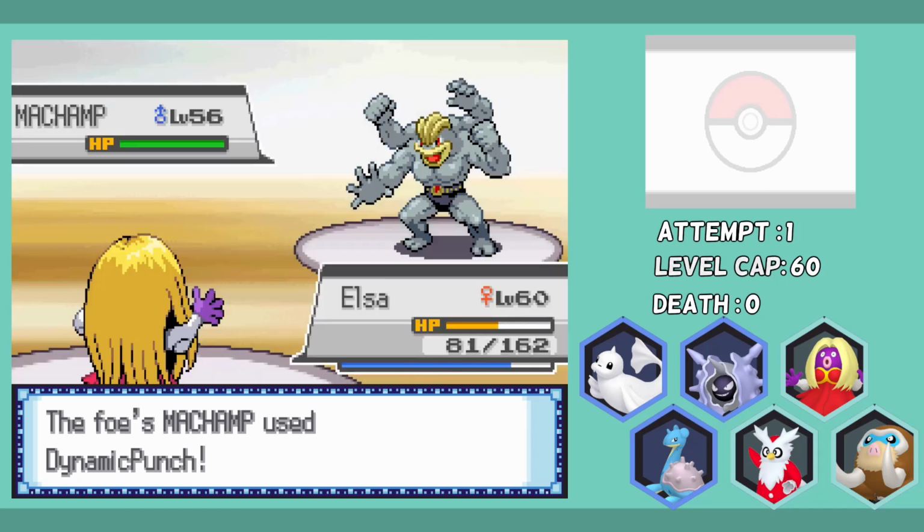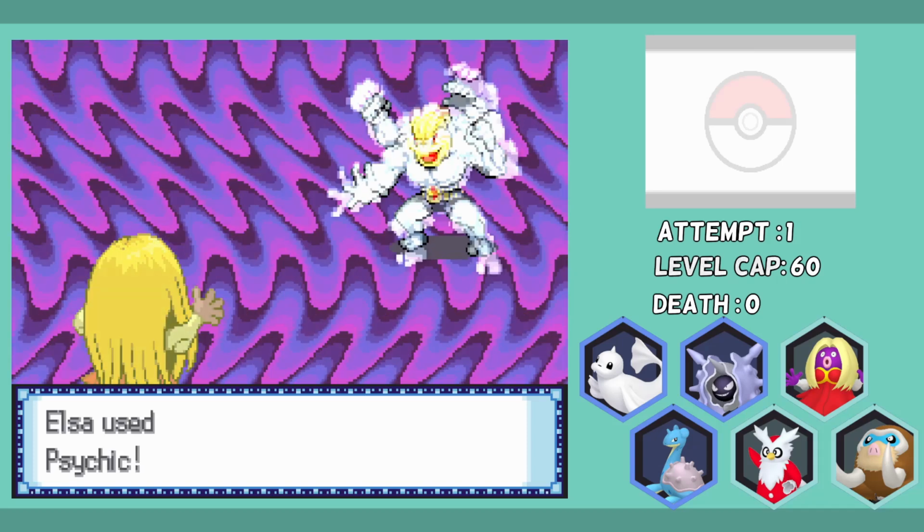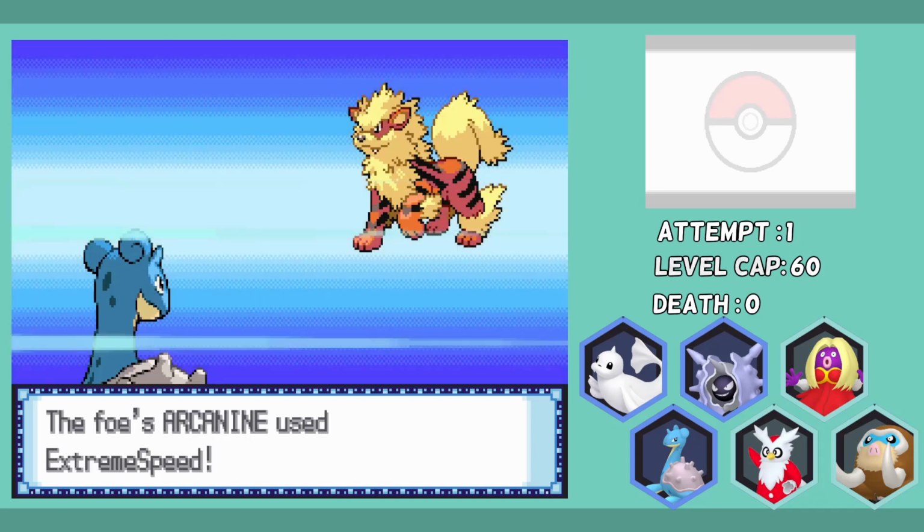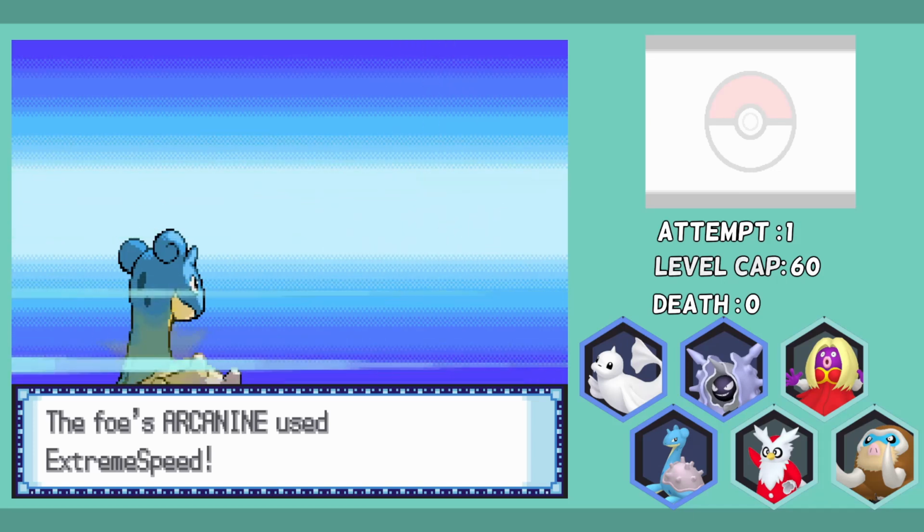a no-guard Dynamic Punch. But we hang on with 1 HP because of our Focus Sash that we got from our mom. The confusion is a bit worrisome, but we have to risk it, and we break through to fire off a Twisted Spoon boosted Stab super effective Psychic, one-shotting the Machamp. That was insane. Arcanine comes out next, and we swap into Anna, who gets hit with an Extreme Speed on